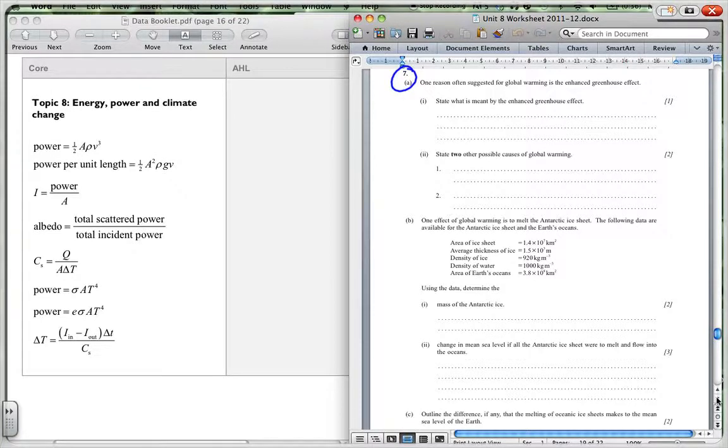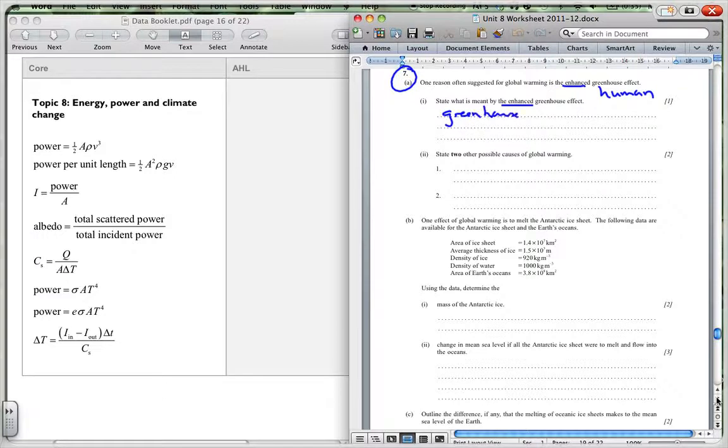7a, one reason often suggested for global warming is the enhanced greenhouse effect. Now, this idea of enhanced greenhouse effect usually has to do with human activity. So when we talk about the enhanced greenhouse effect, what do we mean? Well, we're basically saying that there is more energy that has been trapped within the surface due to the greenhouse gases